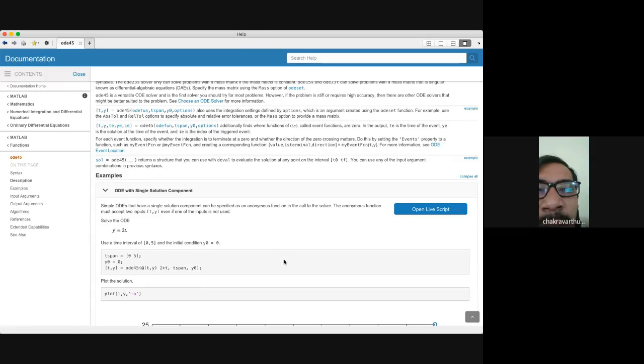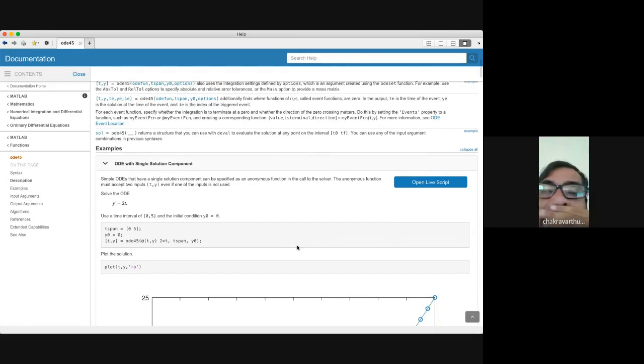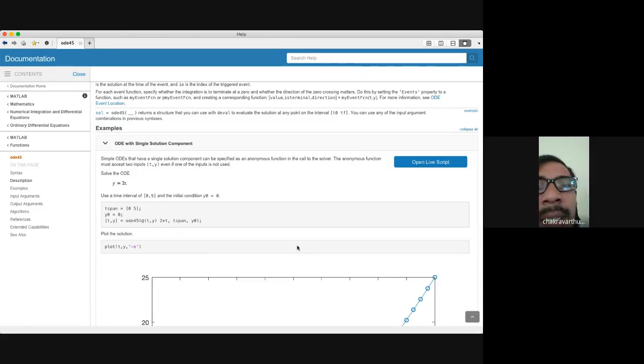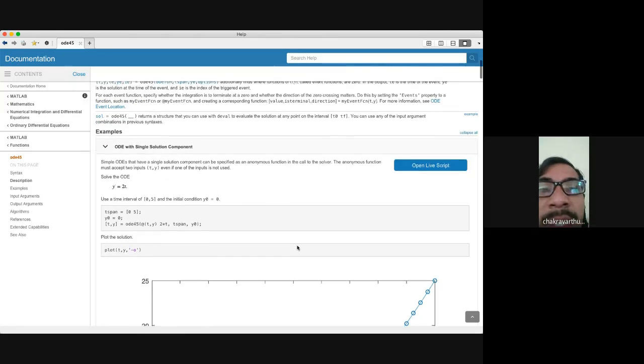All these things you have to provide in ODE 45, so that it is going to give you the solution of that particular non-linear differential equation as well. In the linear programming, what I said, in the optimization tool, we have the general equation, non-linear equations. But here, even non-linear differential equations we can solve by using the ODE 45.